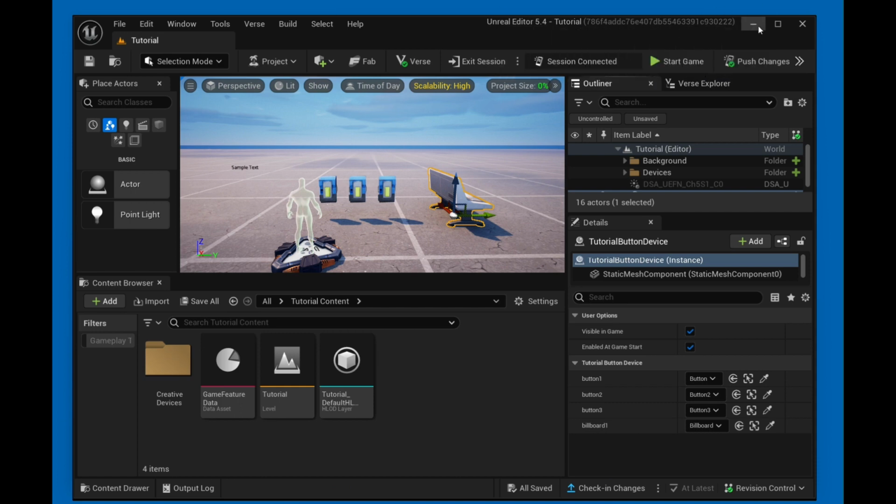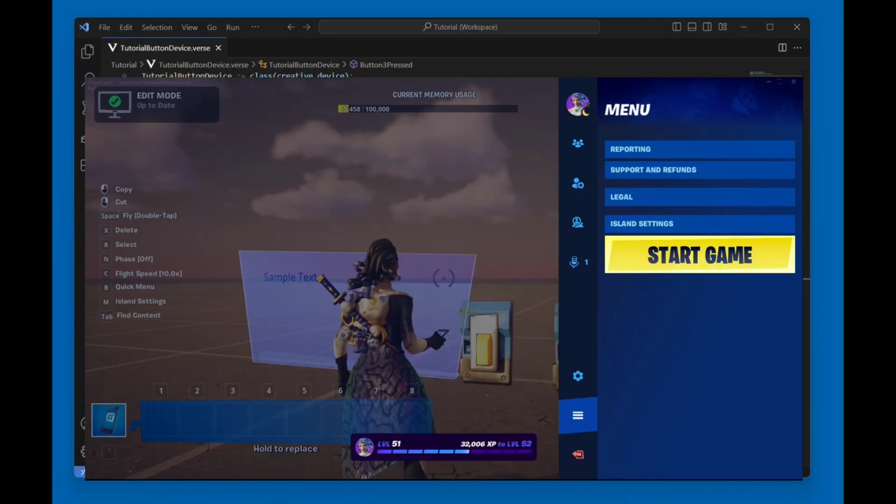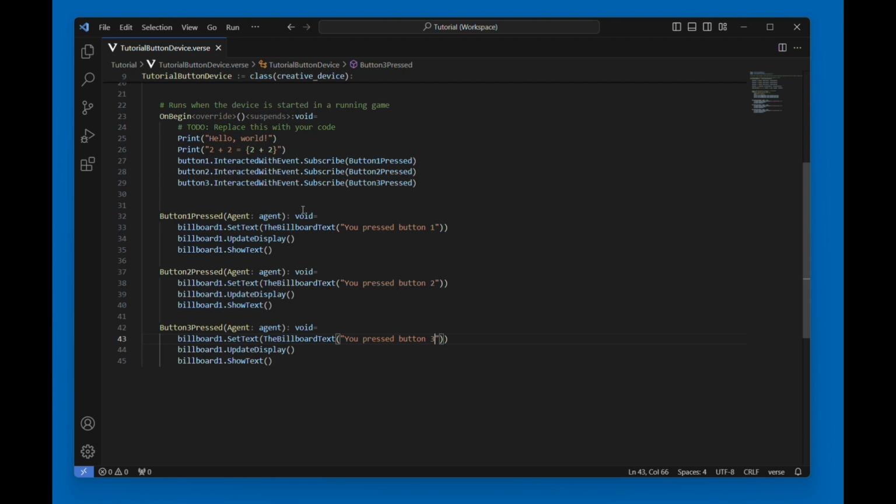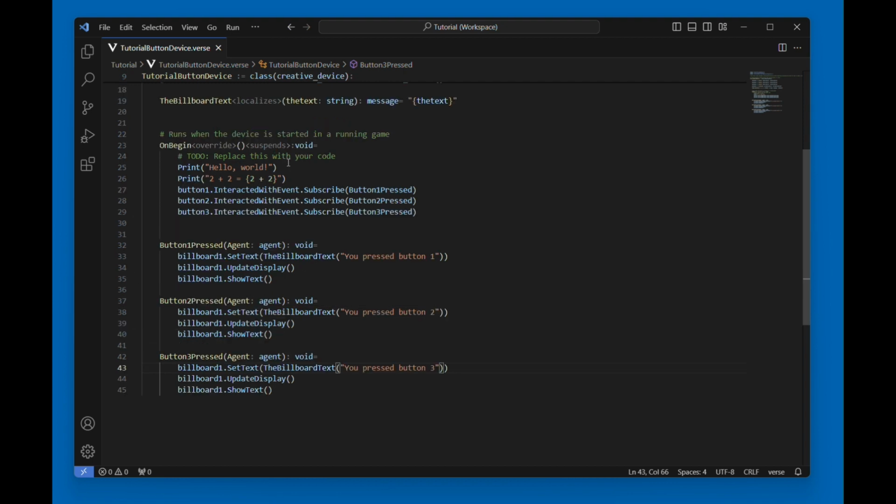And so now that we got 3 buttons, you'll notice if we come back to here, this repeats kind of a lot of code, right? Like, why do we need to repeat this code each time? I know this is a small example, it's not a whole lot of code, but now that we got these buttons, we could do something even better. Instead of making a button 1 pressed function, a button 2, a button 3, some nice people over at Epic